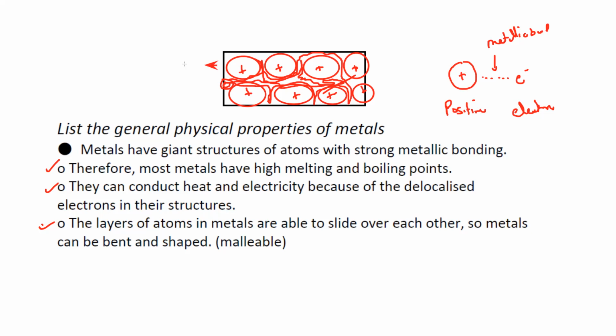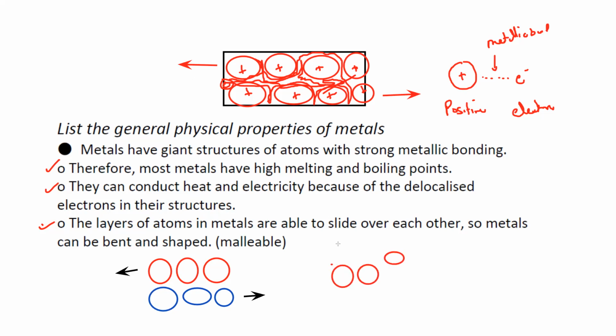But what happens for metal? When we apply force on the metal, the layers of positive ions can slide over each other, can move from one place to another. For example, if I draw two layers, the first layer I'm representing in red and the second layer in blue. When we apply force, when we hammer, what happens as a result of this hammering? The layers slide over each other. One layer moves over the other. And as the layers slide over each other, what happens as a result? The metal will become